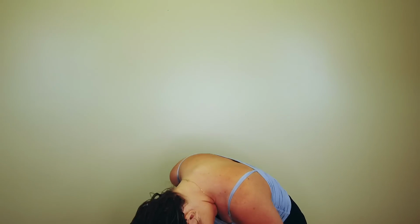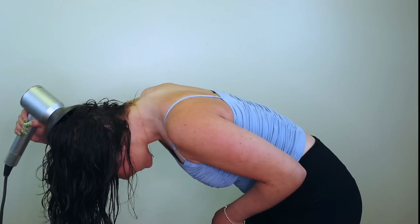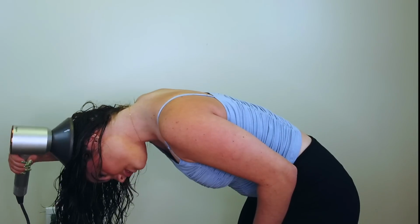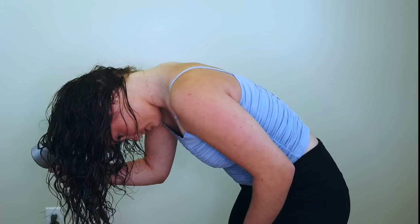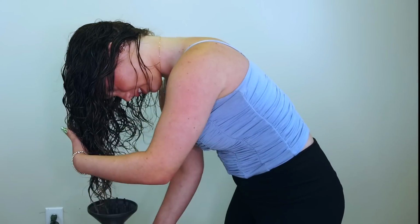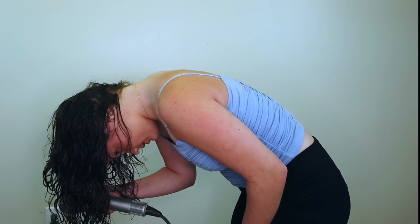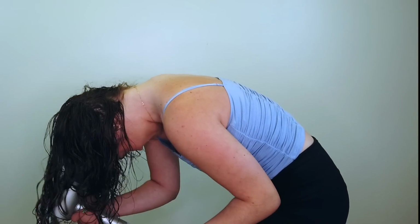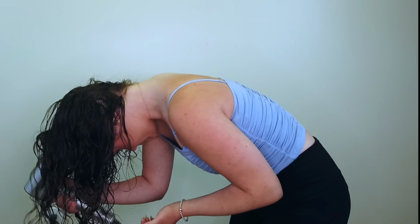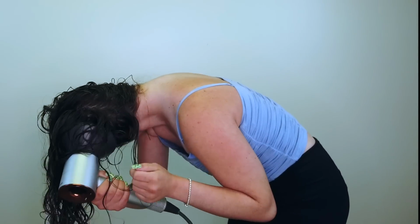What I like to do is start by flipping my hair upside down. Tiff with the diffusing techniques, she's hitting those roots first. We always want to dry the roots first, especially since she's had her hair in a plop. Her roots are very moist right now, and for scalp health, we want to make sure that they dry nice and first. She's actually getting a little massage in there with the diffuser. And once the roots are nice and dry, the ends have had a little more time to set with that gel. And look at her, she is scrunching away,